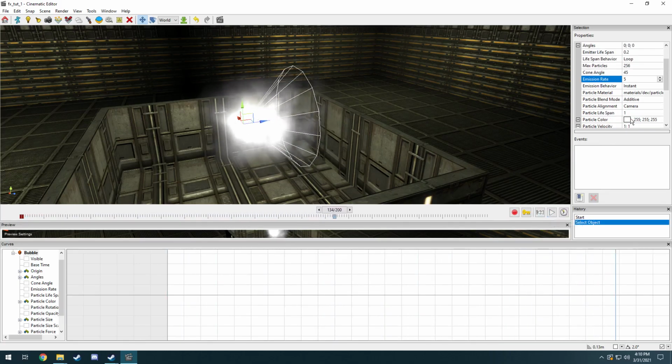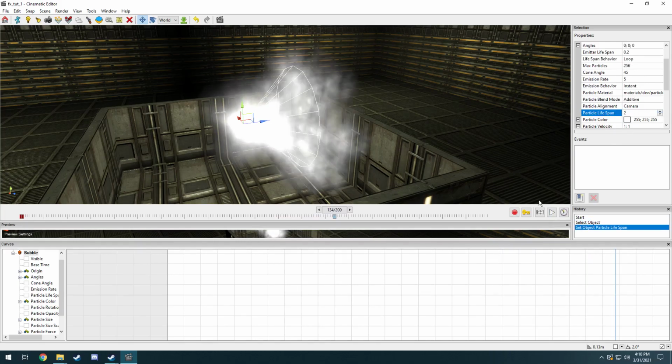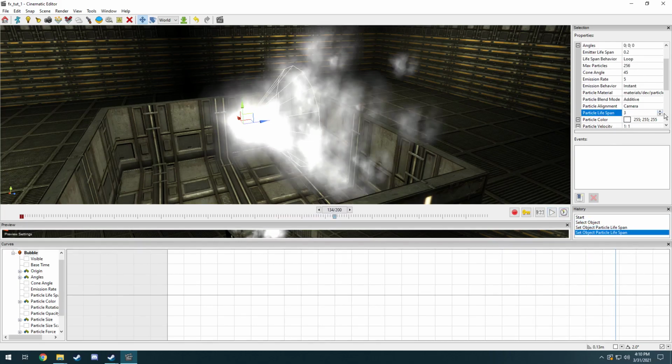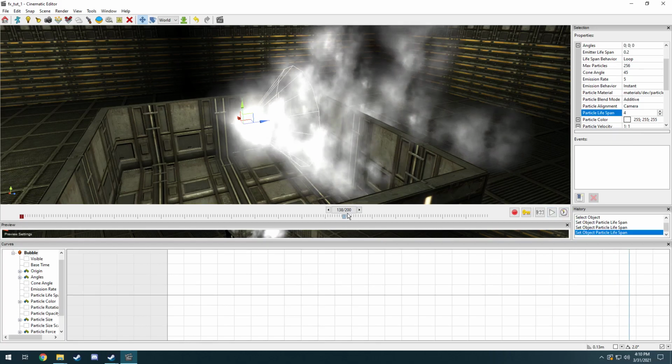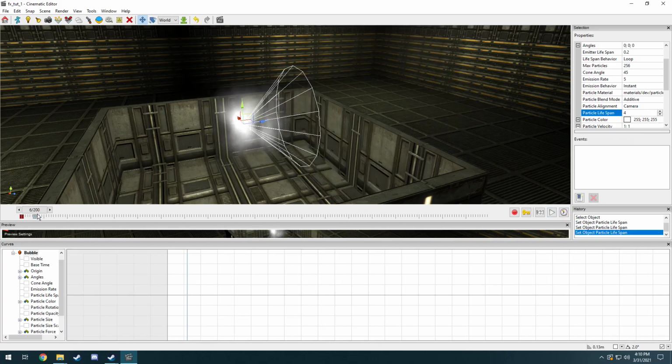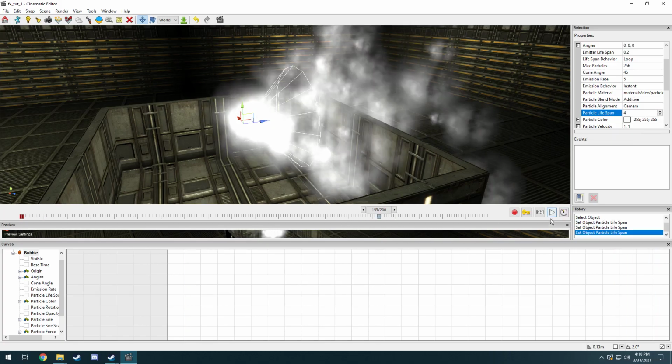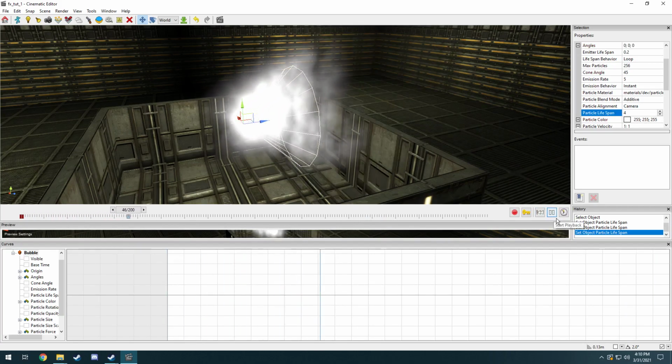And why is that? Well, now we're going down to particle lifespan. Particle lifespan is only set to be at 1. So the emitter lifespan is at 0.2. So what happens if I turn this up to 2? Oh, look at that. We can actually see it increasing. And the only reason we're seeing it increasing is because I'm already further along in the timeline. If I was back here, we wouldn't be seeing that. But, just as an example,